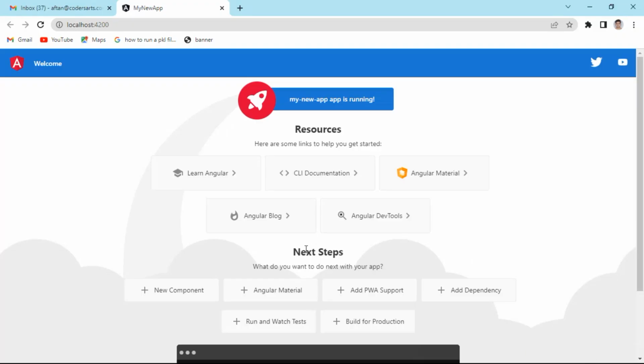You can see that it has started my application on port 4200, localhost:4200, and this is the default page that you will see when you run the application. So this is basically the page, and